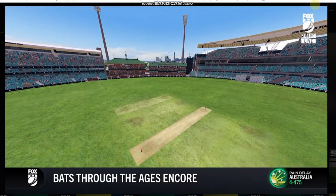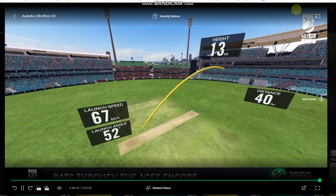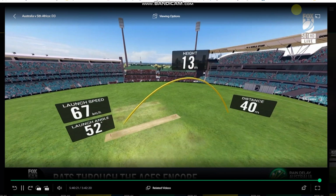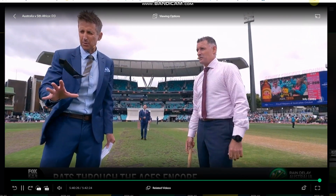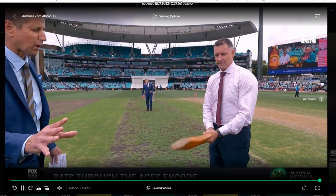All right, let's have a look at the original GN. This is the GN 100. Just a 40 metre, and it didn't feel so good. No, that didn't feel too good at all. Okay, so we're not as happy with the initial Gray-Nicolls, but now we've got the famed